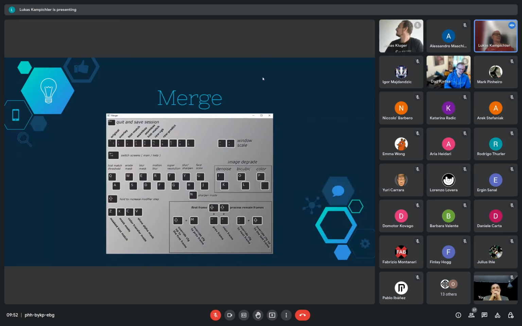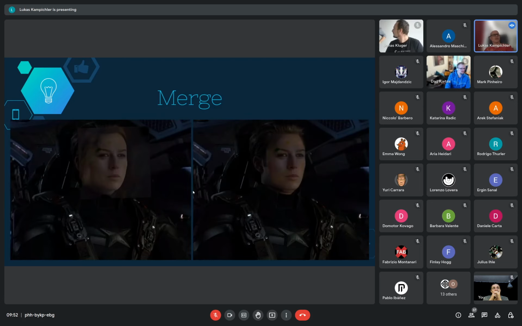So you have a lot of adjustments like blurring and sharpening and scaling the face, extending the mask or adding motion blur, changing colors, stuff like that, to bring it closer to the plate that we want to put it in.